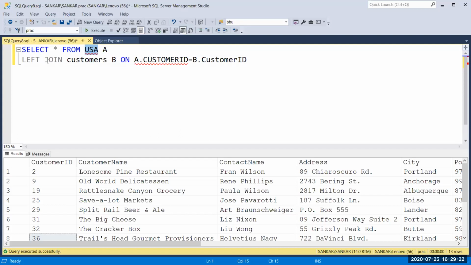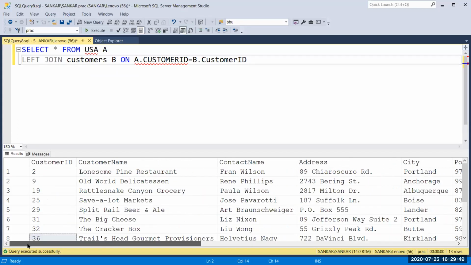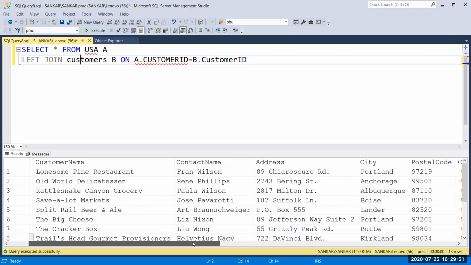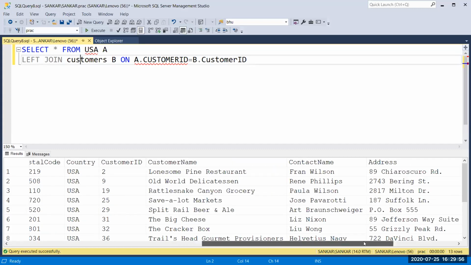So it's the left side table. I'm going to join to customers because we have a left side. Left join is used to fetch the data from the reference of the left side table, right? Here we have only 13 data in the left side table, and in customers we have 91 data. It returns only the 13 data. So you can see here the customer name, contact name, address, city, and also the customer name, contact name, address, city, postal code.